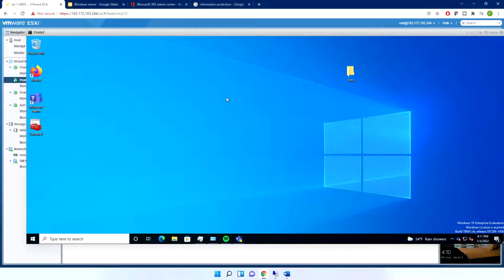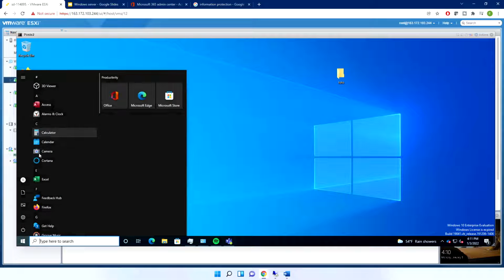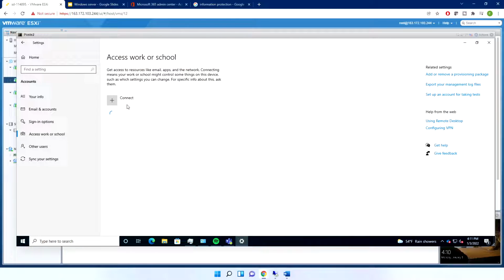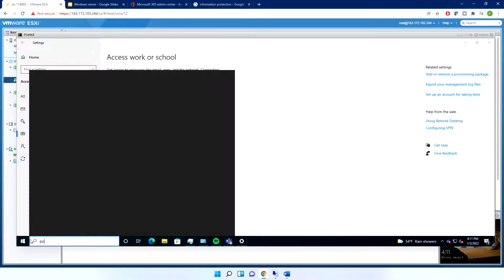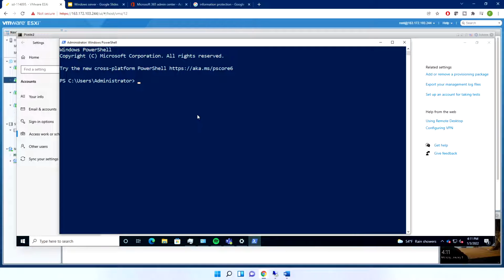So let's see. First of all, this computer is a member of my domain. If I go here on my account and access work or school, actually my workstation is connected to my domain, IT.lab, and also to the cloud. Okay, but this is not the purpose of this exercise. So here I'm connected on my domain. And the name of my workstation is, let's run my favorite scripting language. What is it? It's PowerShell. PowerShell is rock and roll. So let's type hostname. Okay, so it's poste 2